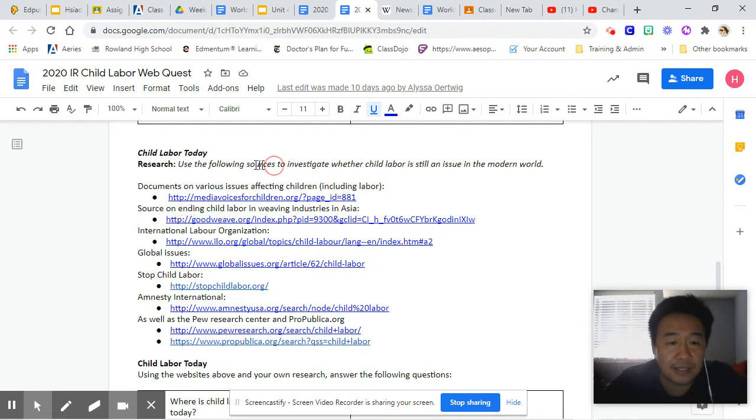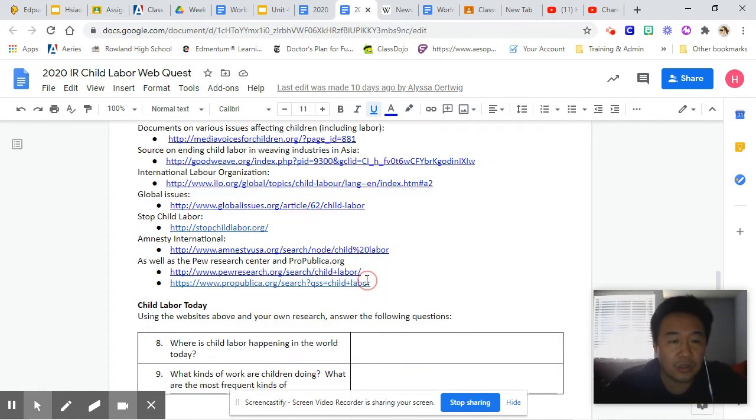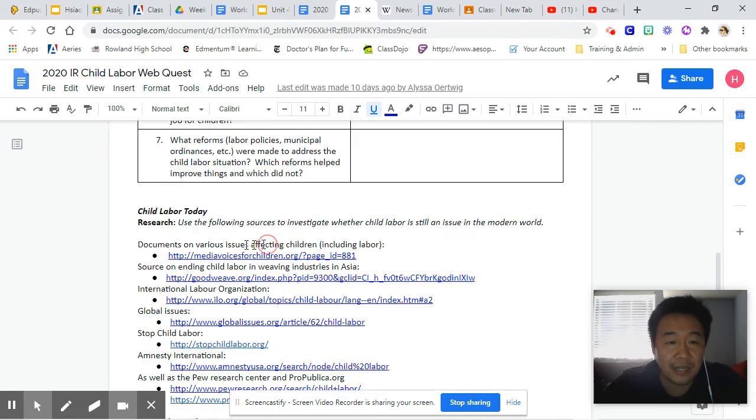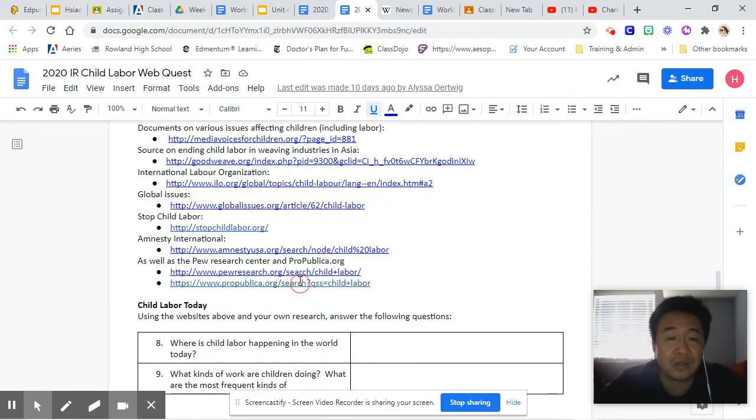So select one of these. Amnesty International is a very popular group, not to point to anybody in specific, and also the International Labor Organization. So think about those two groups, and then of course there's the .orgs, which is Stop Child Labor, and this is obviously very specific in what it's asking. It's definitely a group that's going to be looking at very specific issues around protecting children. So of course, I'm not going to say biased, but in a way it is trying to tug on some heartstrings. But of course, it also has some very relevant facts. So we want to check those out.